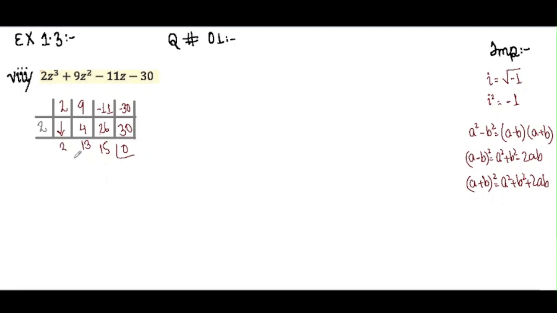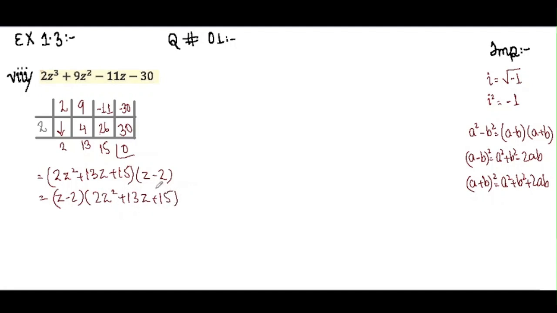So now we are going to write it in the form of a quadratic equation, because the highest power here is 3 and we have to write it here as 2. So 2z square plus 13z plus 15 within brackets, and then the other term is z equals 2, so z minus 2 equals 0. This term would remain the same and we have to solve this other term. So z minus 2 remains as it is, and 2z square plus 13z plus 15.